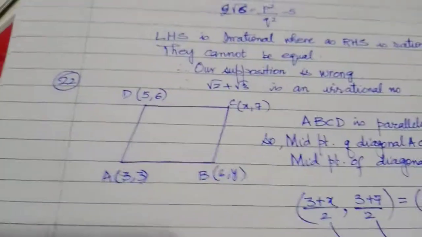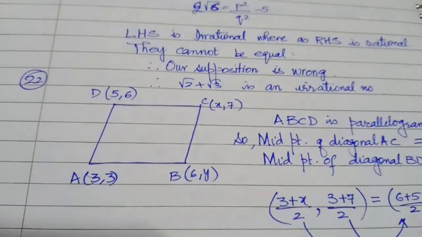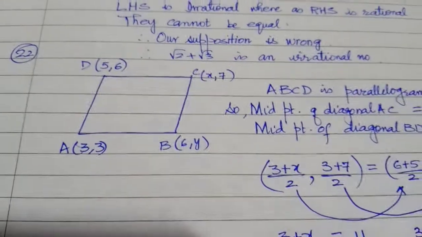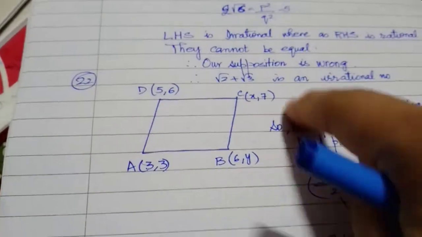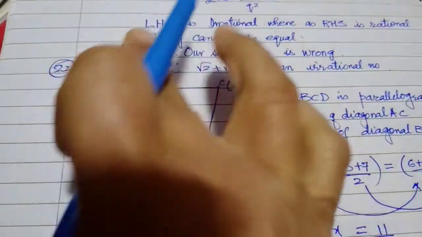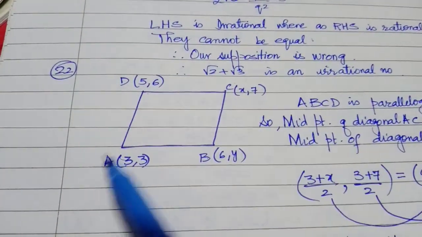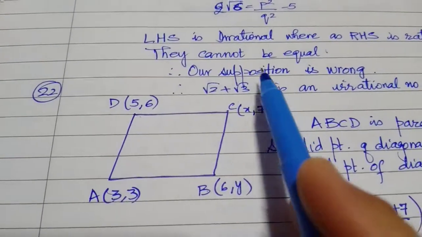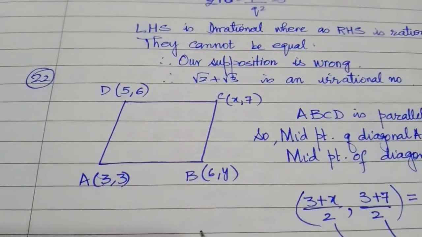Fine. Now, 22nd question. They didn't say ABCD. They said these 1, 2, 3, 4 are the coordinates of a parallelogram. So you have to take it in one order. जैसे मैंने यहाँ इसको ऐसा एंटी क्लॉकवाइज डायरेक्शन मिला. It's up to you. You take A here, B here, C here, D here, but it should be in an order. It's not at random you're going to take. You're going to take these coordinates in one particular order, either in the clockwise direction or anti-clockwise direction.